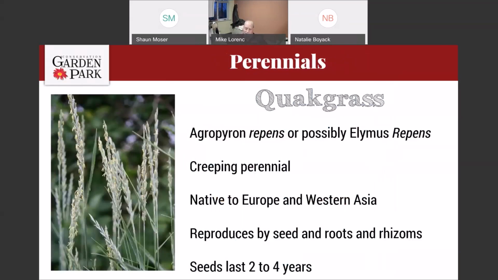But a similar plant, at least one that acts similarly to that one, is this one. It's quackgrass. This is a creeping perennial, native to Europe and Western Asia. Spreads similarly to field bindweed with roots and rhizomes. The seeds, however, only last about 2 to 4 years. So if you can get this plant under control with the weeds, it becomes much easier to control